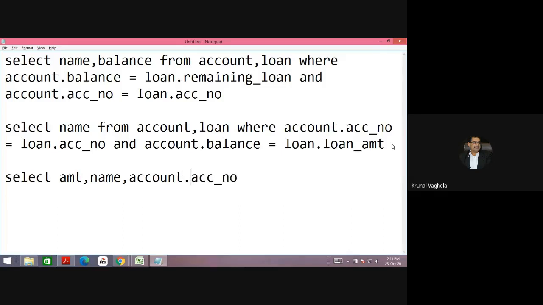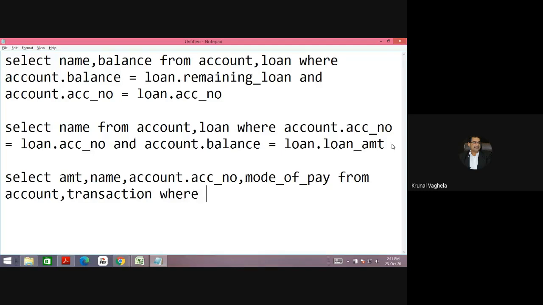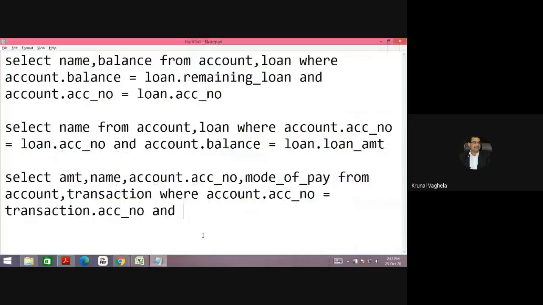So account dot ACC underscore number, and mode of pay from account and transaction where account dot ACC underscore number is equal to transaction dot ACC underscore number, and the second condition is mode of payment should be cheque, and mode of pay is equal to CHEQUE. Right.